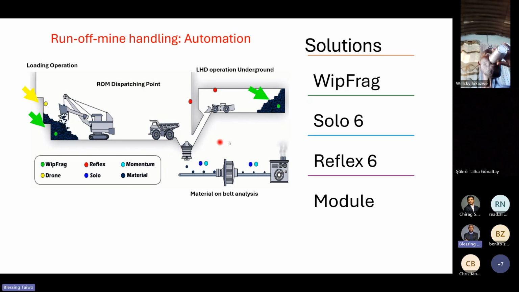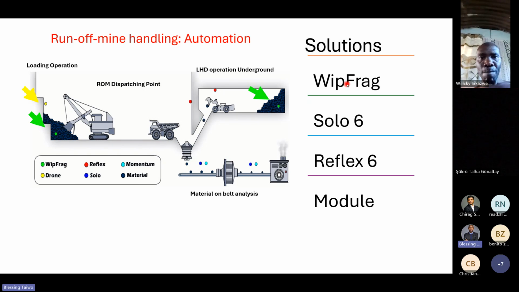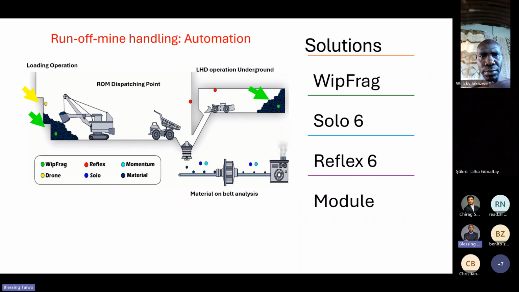The first technology we have here at Whipware is called the WipFrag software, which I believe most of us are familiar with. As shown in the previous image, where I compare the old version of the software to the current state, it allows users and blasters to take images of the material after the blasting, either with their mobile phone, with a digital camera, or with a drone.